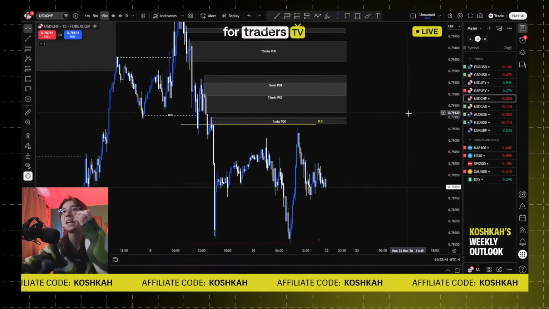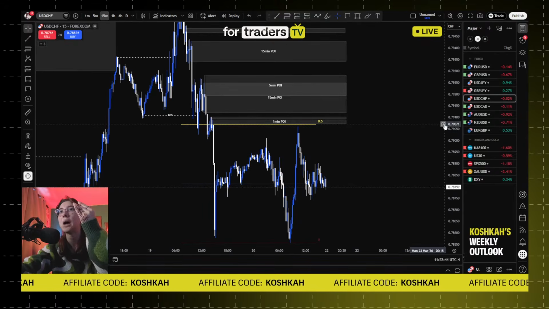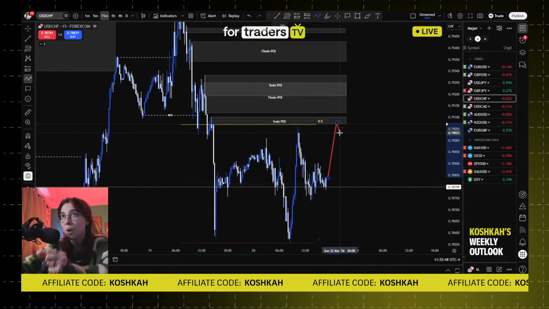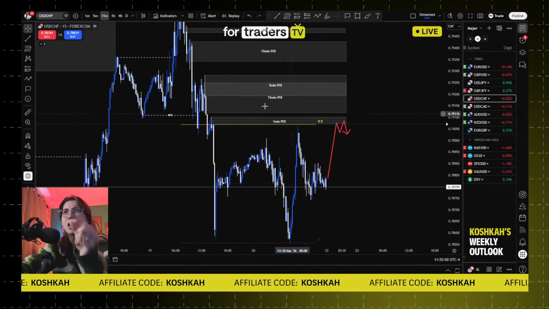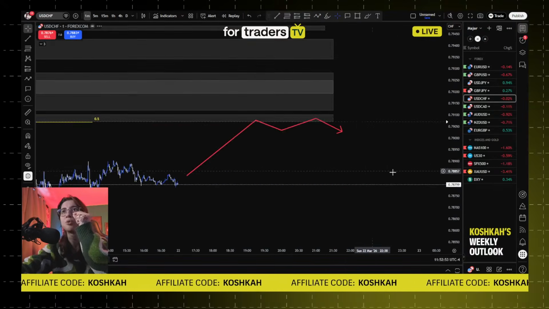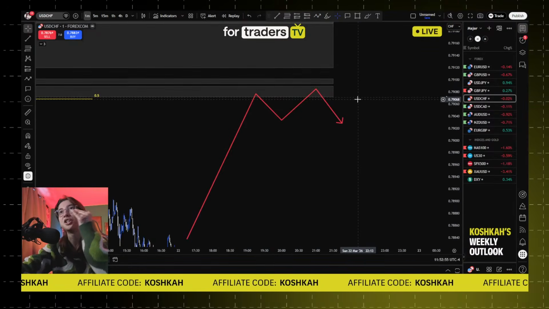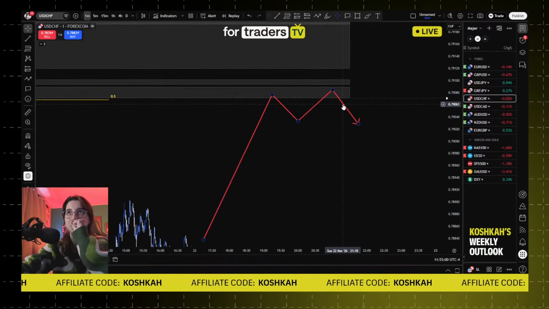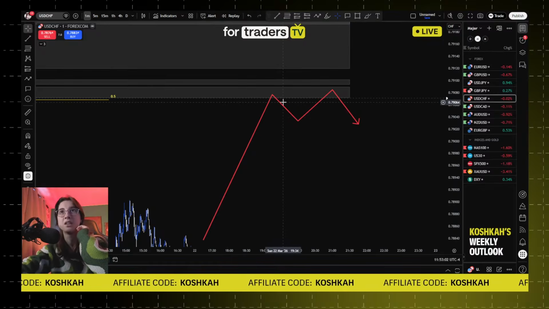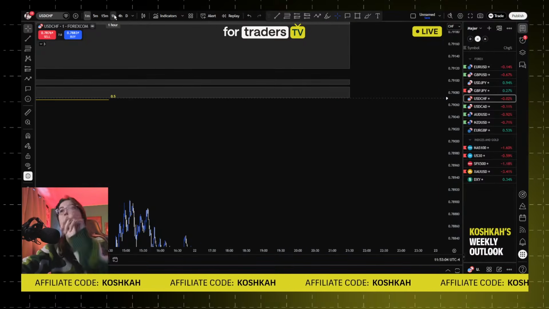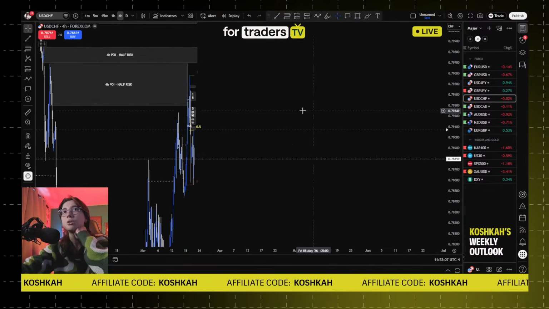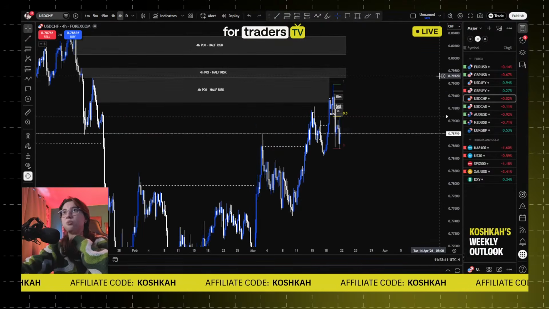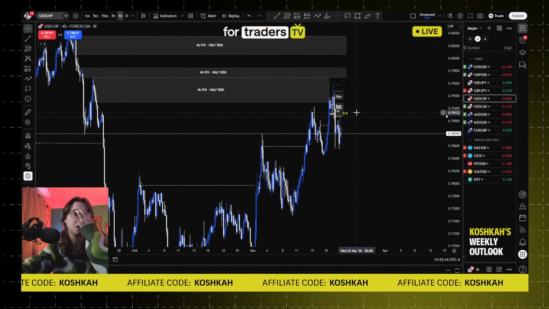So don't forget to place an alert right here. Boom. Like that, when price mitigates this POI, you're going to be waiting for a 1 minute break of structure on the 1 minute time frame, and you're going to have a notification that this POI is now mitigated, because if you don't place your alert, you don't know if this POI is mitigated. So that's why it's important to use your alerts. Okay, so I think that's pretty much it for USD CHF. You have other POIs above as well if this one doesn't work.